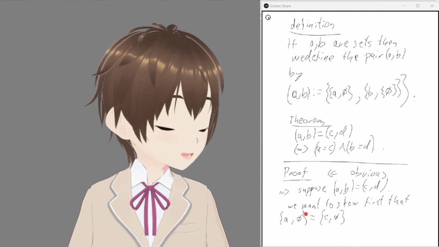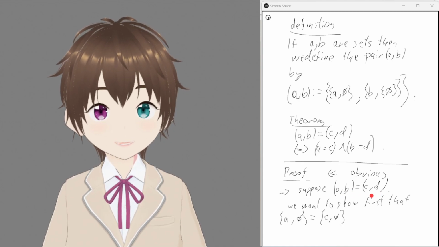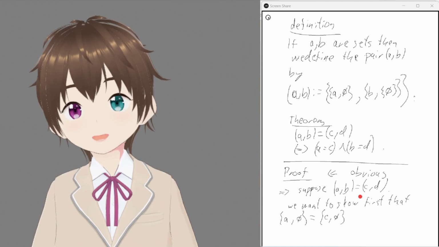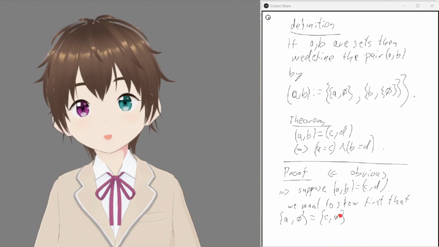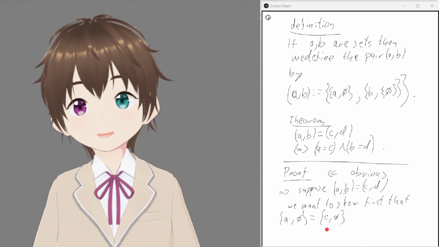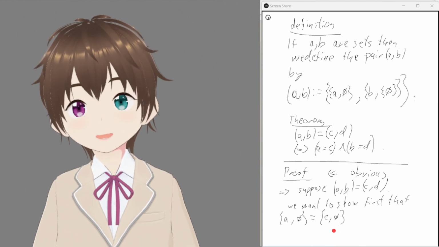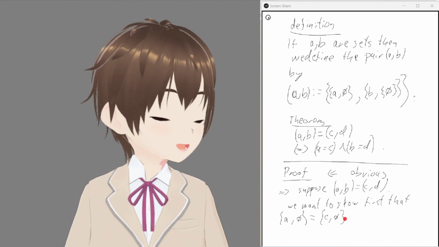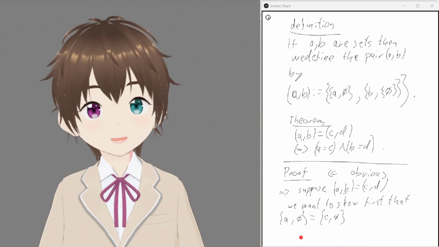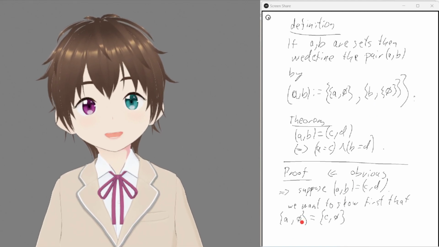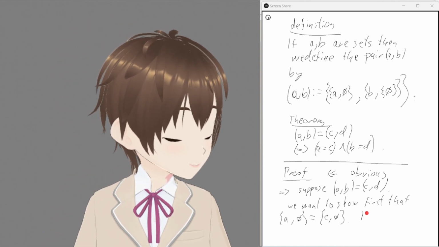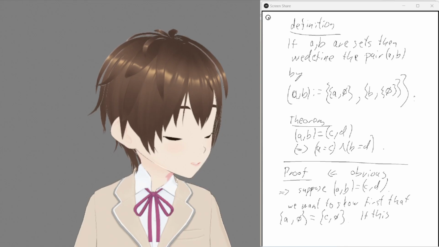Okay, so if these sets are the same, they have the same elements. A paired with the empty set is an element of this. C paired with the empty set is an element of this. So the only way this could possibly fail is if they paired in the other way. So if C paired with the empty set was actually equal to this thing, and if A paired with the empty set was actually equal to this thing using D. So, if this is not true,